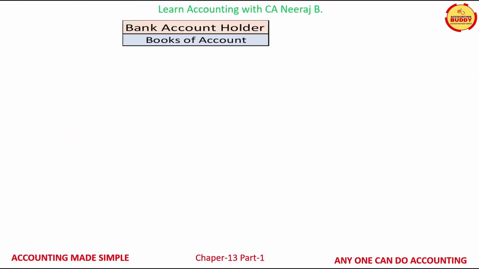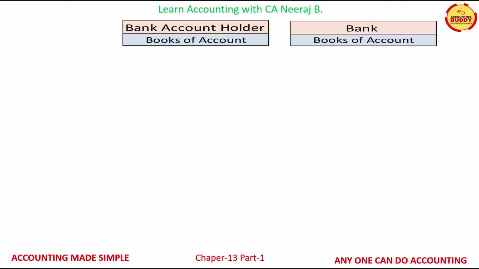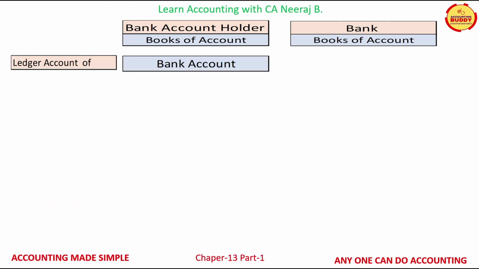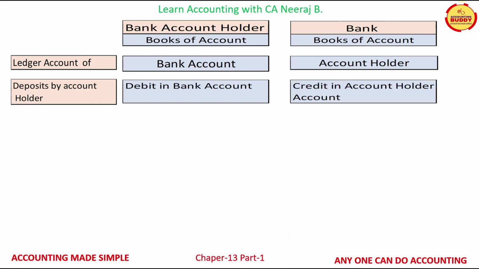Bank account holder maintains his books of accounts and bank maintains their books of accounts to record their respective transactions between them. Bank account holder maintains a ledger account of the bank account in his books of accounts. Similarly, bank maintains account holder's account in its books of accounts. Now, when cash or check is deposited by the account holder, the bank account is debited in the books of accounts of the account holder, and in the books of accounts of the bank, account holder's account is credited